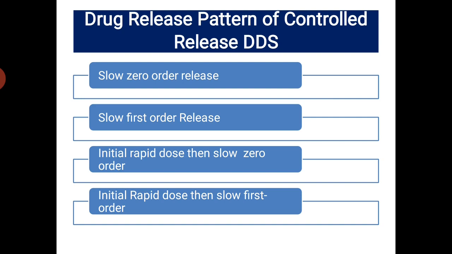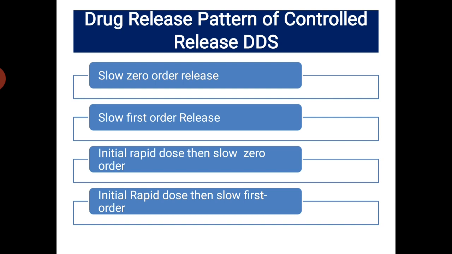Now in case of zero order also, this zero order process is a slow process. That is a speciality of this. So zero order can be a fast zero order or it can be a slow zero order also. Zero order only means that the release is independent of the concentration. Say for example, there is a 100 mg tablet. The drug is released from the tablet at a rate of 5 mg per hour.